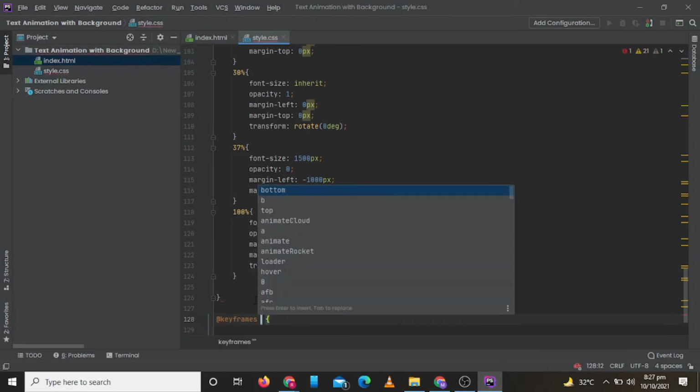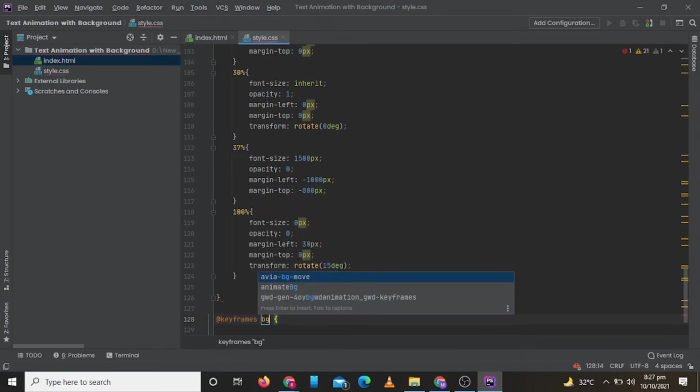Now let's set our keyframe for our background change animation.